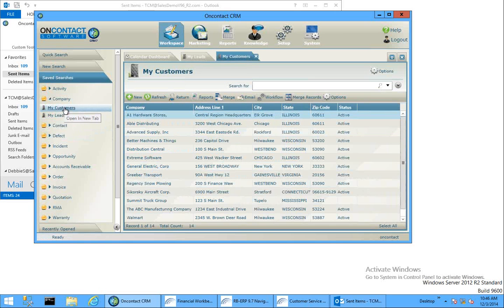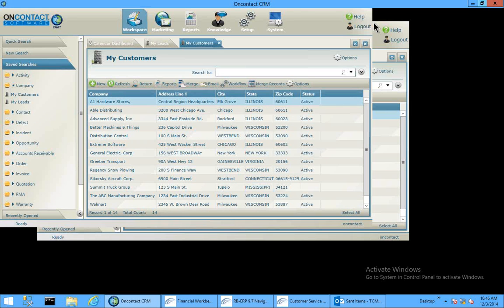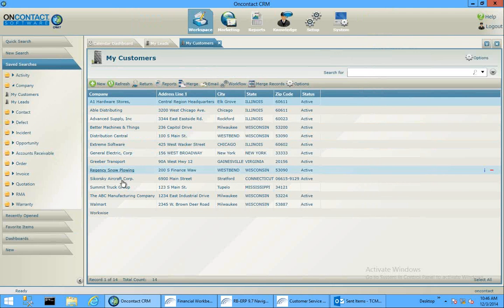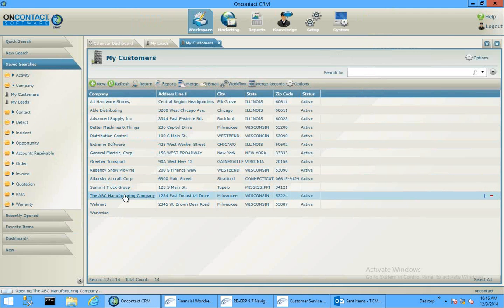So that's an example of a saved query that each user can set up very, very easily with the querying function built right into the system. I'll make this full screen so you can see it a little better. And then what's nice about the system is you have the ability to drill into and see a complete view